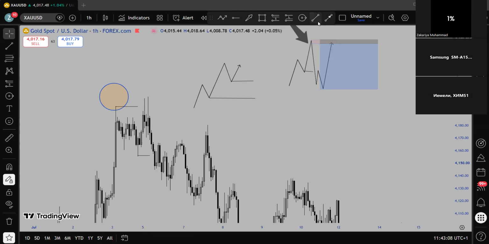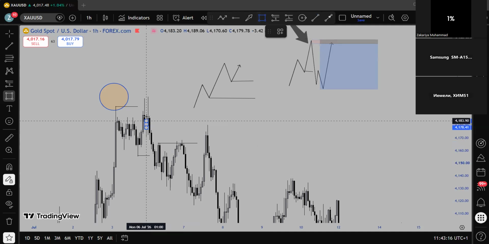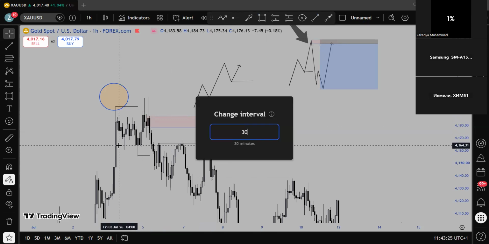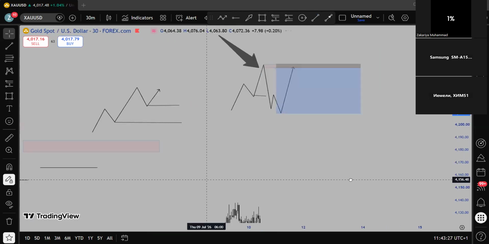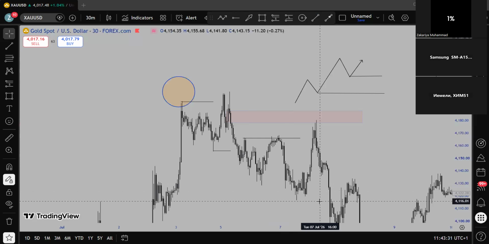So I said I'm going to explain an order block, right? But let me finish. So you see, inside this zone, inside this 1 hour OB, we can have many types of different OBs. This is a 1 hour OB. So if you go to lower time frame, let's go to 30-minute time frame, we find the same OB.